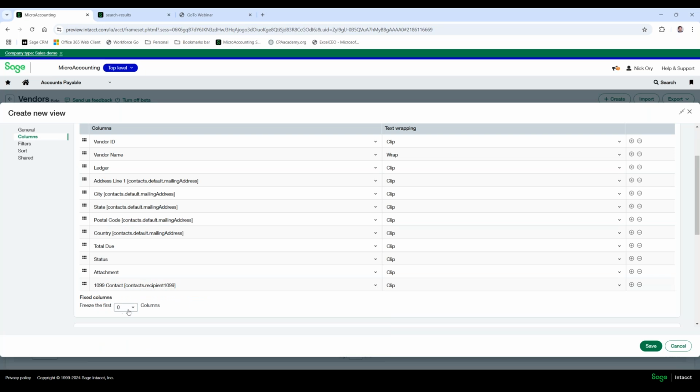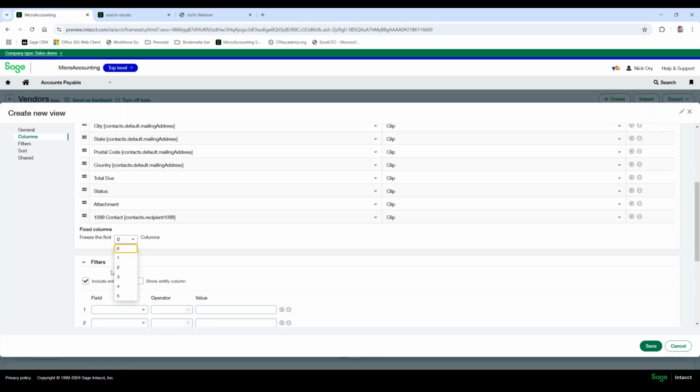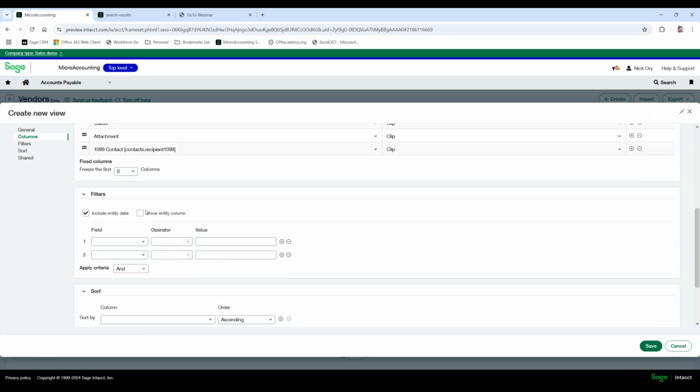Your fixed columns, you can freeze. How many columns do you want frozen? You can select that when creating your list view. You can add your various filters. You can do the show entity column, which will tell you, if you're assigning those vendors or customers to a specific entity, who that entity is applicable to. And then you can also update